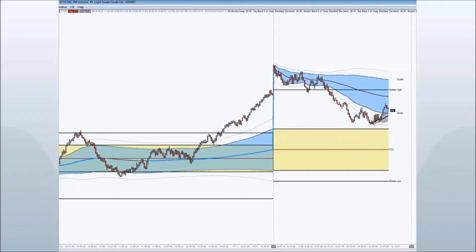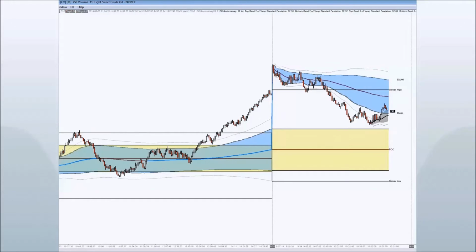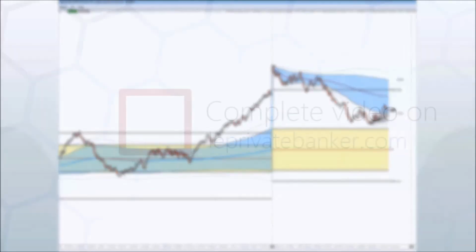So now we've seen the pullback to the developing value area high on the MIDAS VWAP, and we're going to start seeing if the algorithms